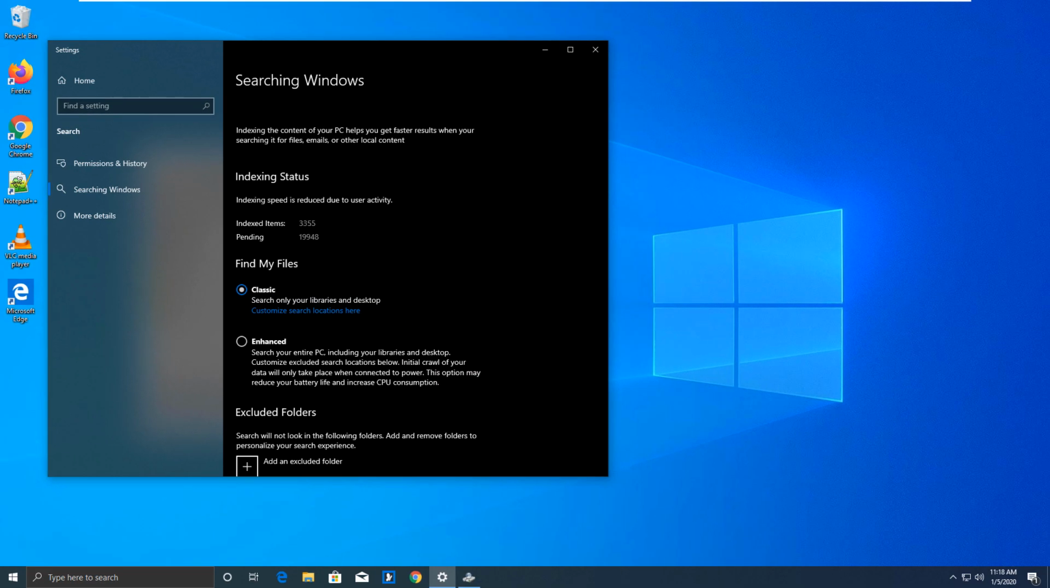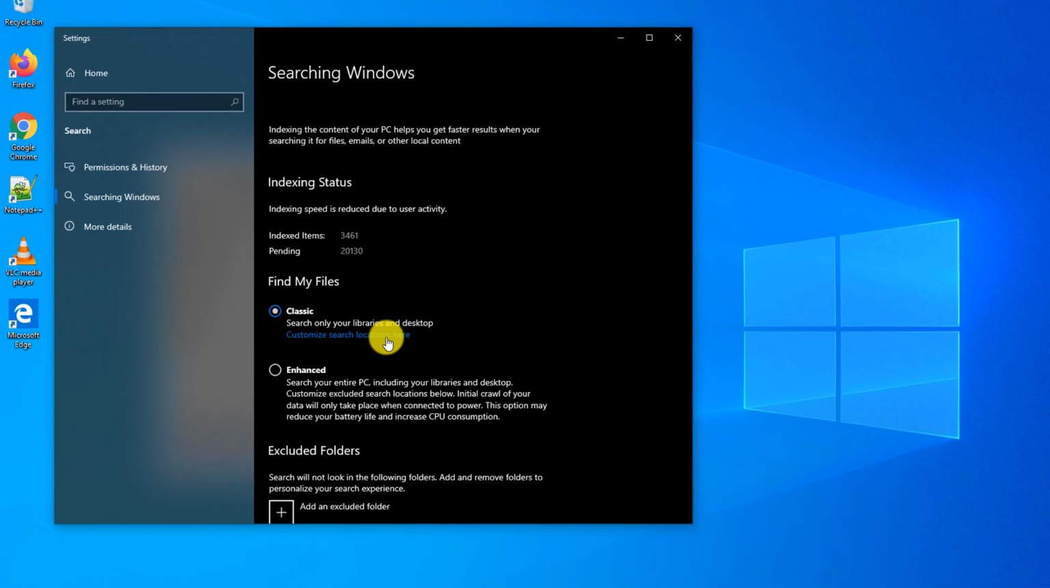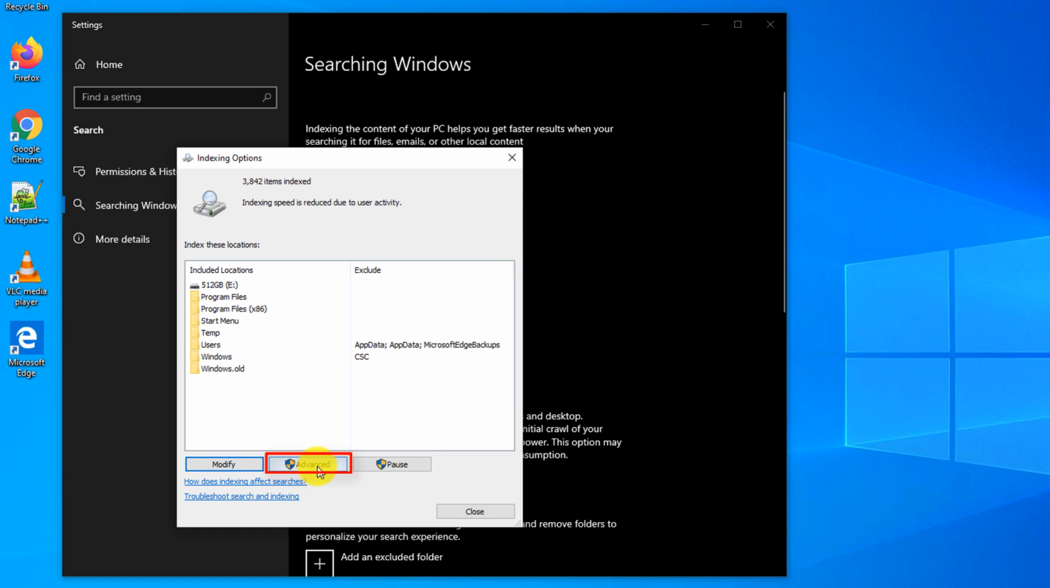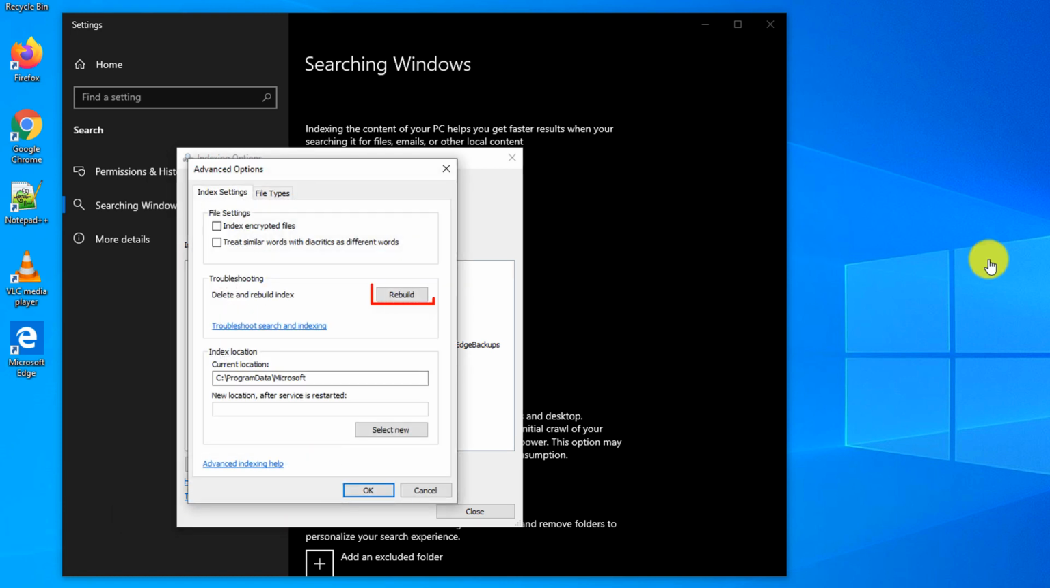Sometimes when you copied or created a lot of files on your computer, you might consider rebuilding the index. To do that, you click on Customize Search Locations here, and here you go to Advanced Options. In addition to rebuilding the index by using Rebuild button, you can also choose if you would like to index